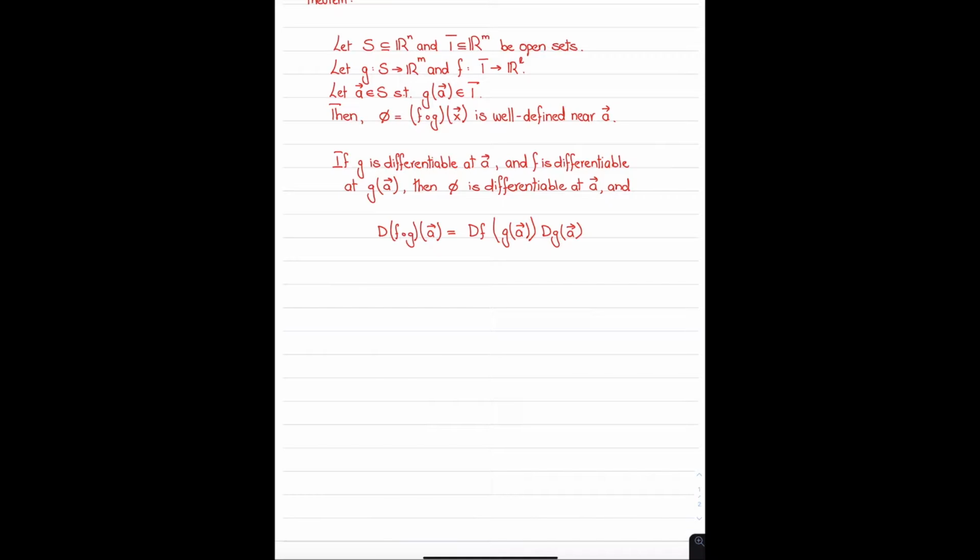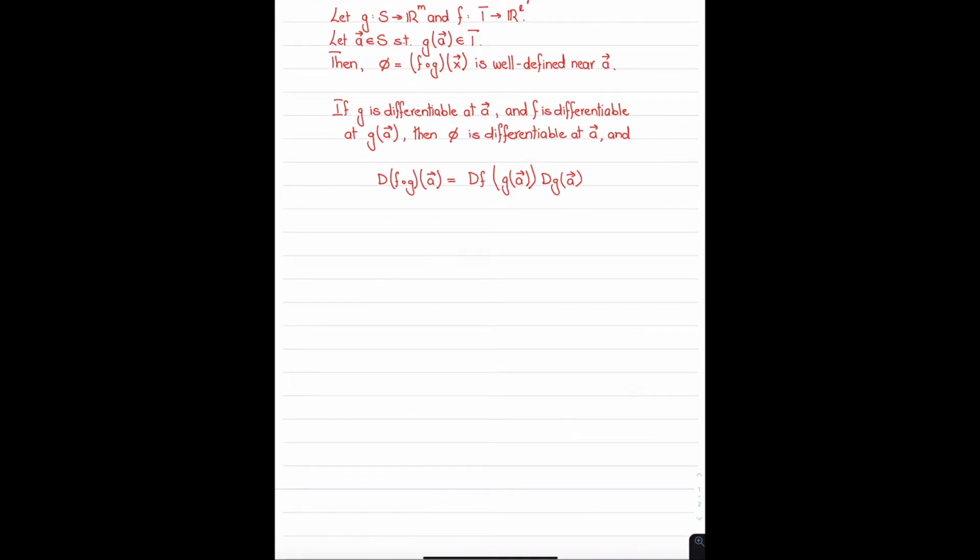So we've assumed everything. We're going to assume that g is differentiable at a, and that f is differentiable at a. So I'm just going to begin the proof after everything has been set up. The proof goes as follows. Firstly,